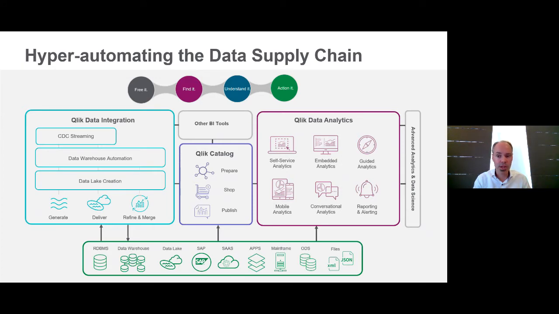And the data integration platform continues to be open, so it will basically work with any BI tool and any analytics solution. Of course, we believe that Qlik delivers the best-in-class experience as well, and it supports a range of end-to-end consumption measures around self-service analytics, embedded analytics, but still guided dashboards and static reporting.